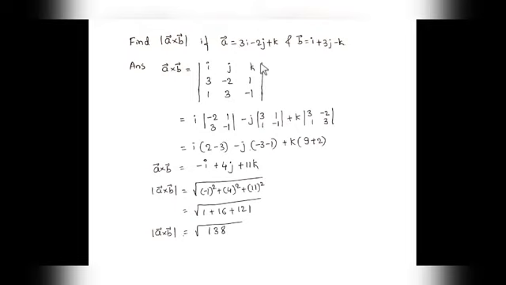We have to expand along this first row: i into minor of i, minus 2 1 3 minus 1; j into minor of j, 3 1 1 minus 1; k into minor of this k. I have written i into plus 2 minus 3 1s are 3, minus j into minus 3 minus 1, plus k into 3 3s are 9 plus minus 1 minus 2s are minus 2, hence it will become plus 2.